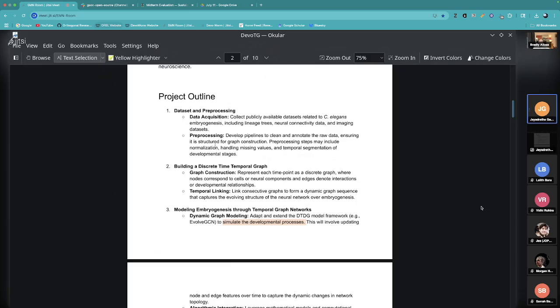For the data set part, I tried one dataset, on how the cells are growing in embryogenesis. Then, instead of a discrete time temporal graph, I created a continuous time dynamic graph, because, as I discussed, it is more suitable.